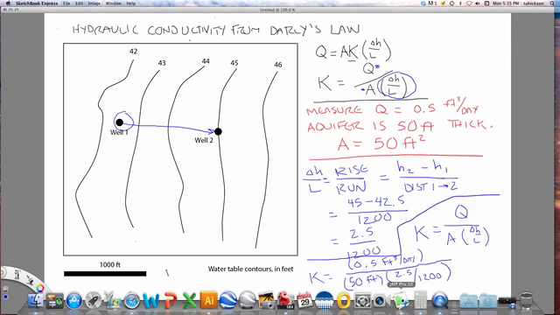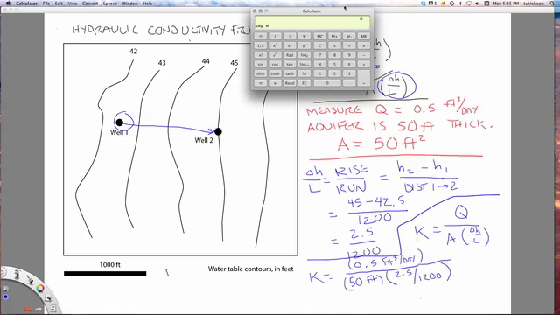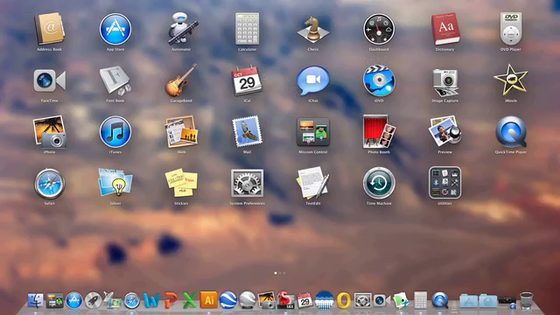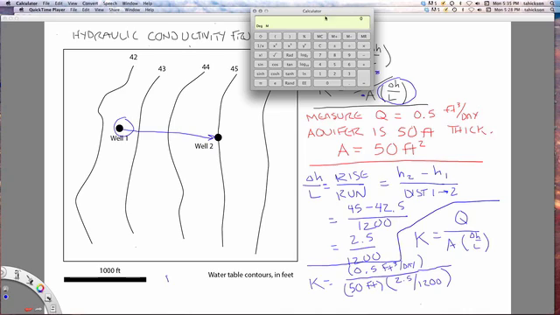We can always now come in and actually calculate that number. I've got a calculator up here. Come back, calculator. We're going to go for that. Whoa, lost the calculator entirely. And do that calculation. So that's going to be 0.5 divided by, and now I'm going to give myself some parentheses here, divided by 50 times 2.5 divided by 1200, close the parentheses, and equals, and we get